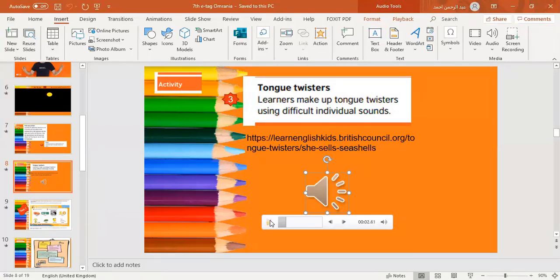she sells seashells by the seashore. She sells seashells by the seashore. I remember that Catherine tried to say this sentence in our first training face to face, and it was very